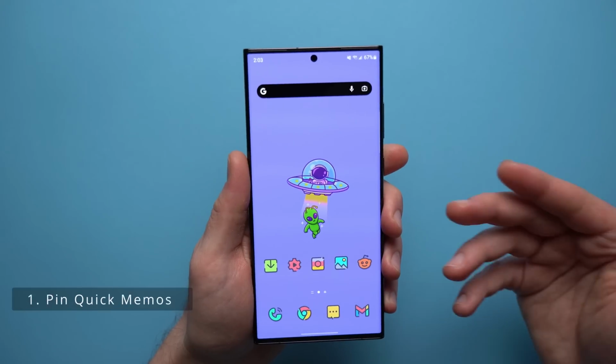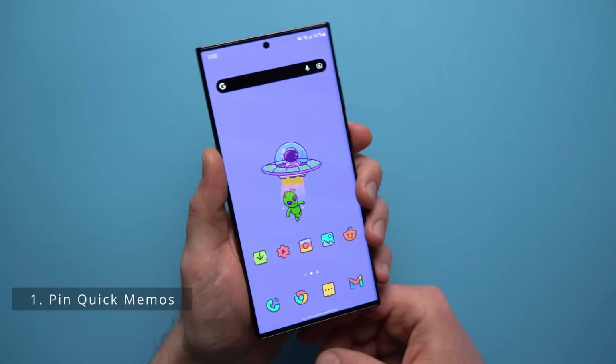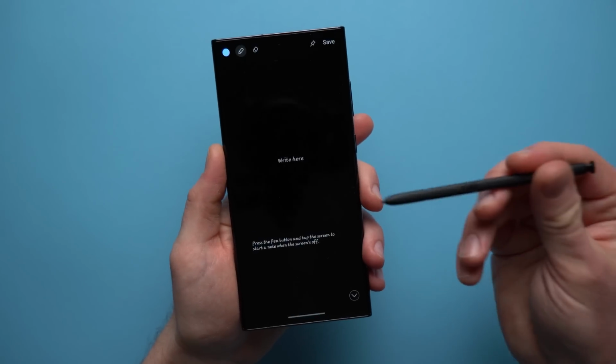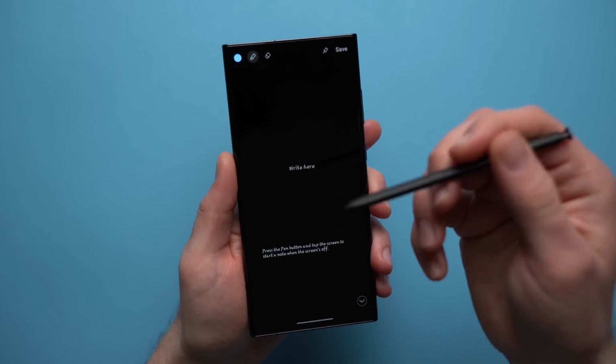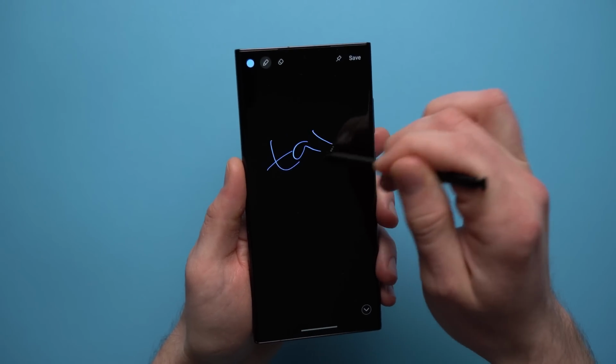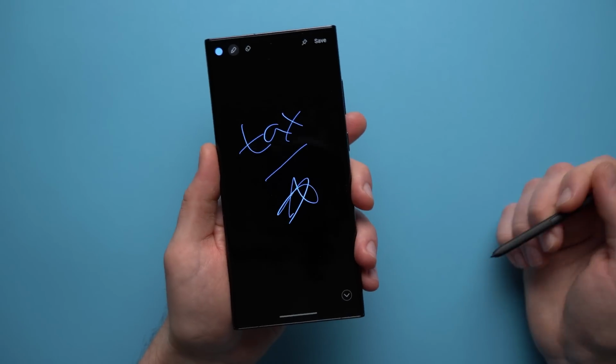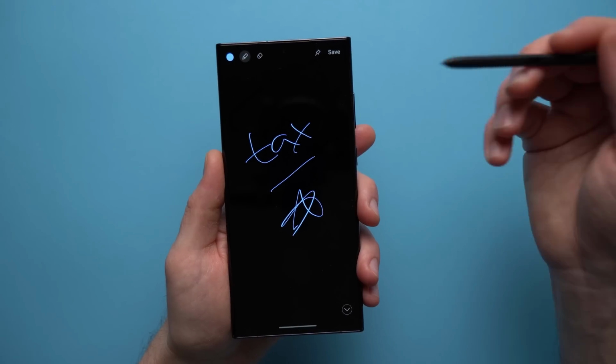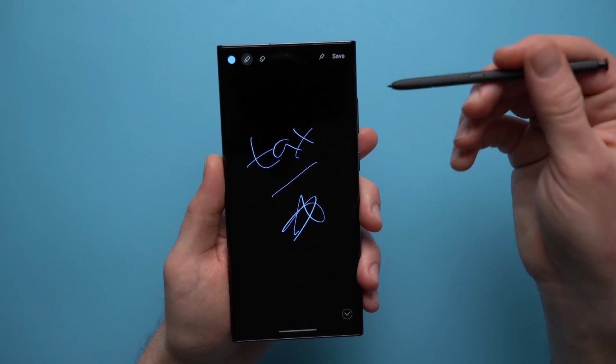And the first one is that you can actually pin your quick memos to your always on display. So when I usually take quick memos is because I need to remember something for later. So right now it's tax season, so maybe I need to remember to file my taxes when I get home tonight. Instead of tapping save and having this get tucked into my Samsung Notes application, which I'll probably forget about,